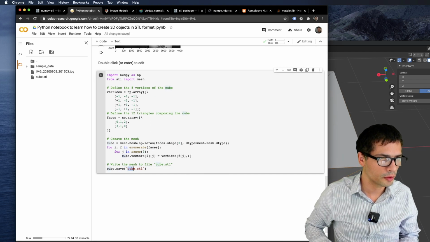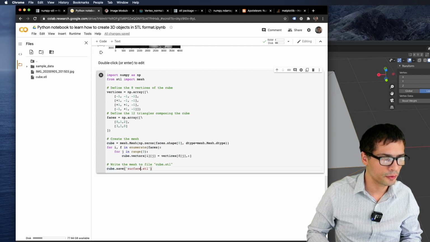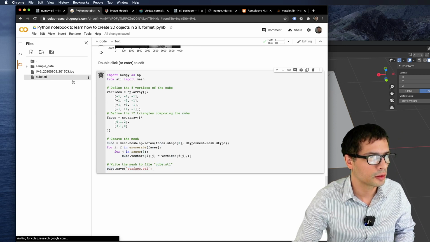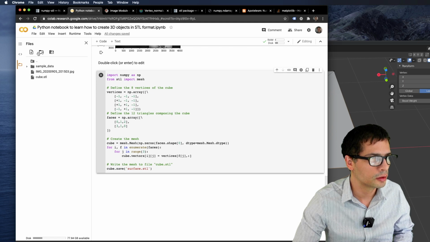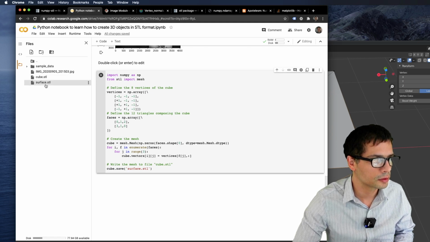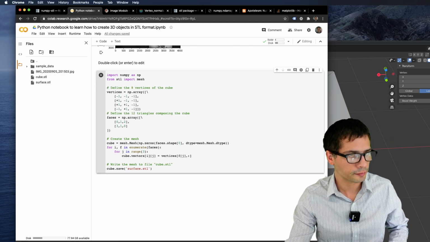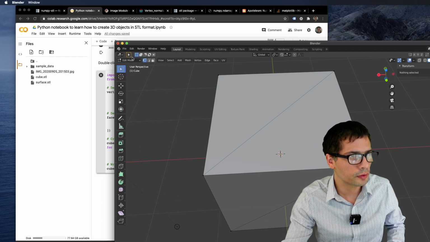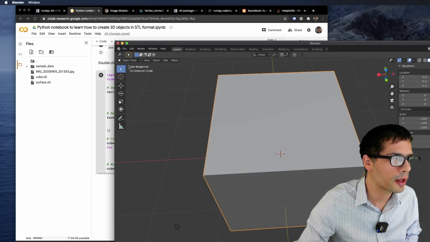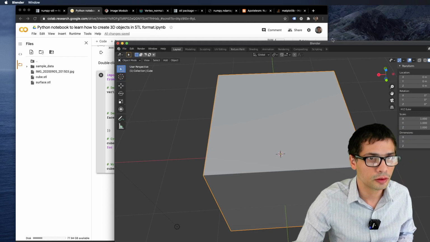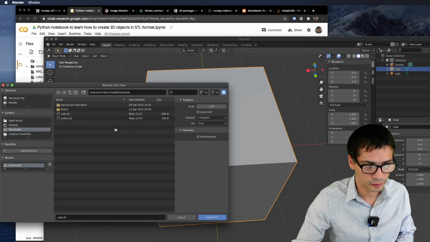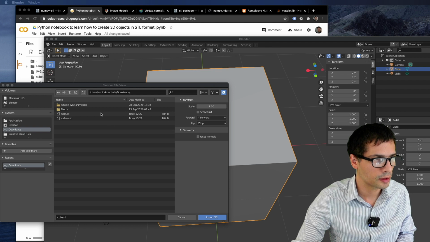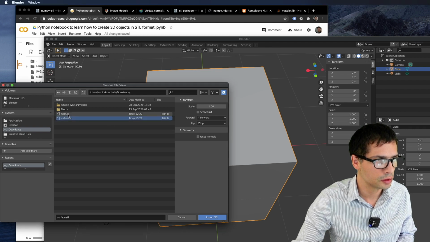Okay, I shouldn't have called it that. I'm going to call it surface. And you'll see it here. I'm going to download it. And I'm going to leave object mode. With edit mode, I'm going to... So I'm importing STL.